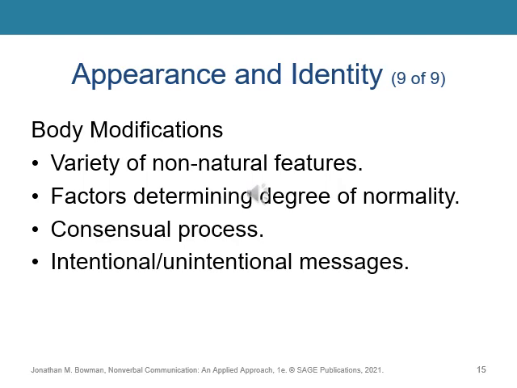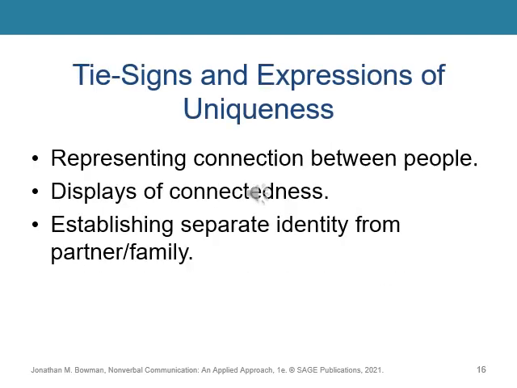The consensual process takes place when individuals want to enhance the look of their bodies or want to reclaim power over their bodies. In turn, people may send intentional and unintentional messages about themselves, groups they belong to, or the region of their origination, when their body modification is visible to others. Tie signs are visual representations of connections between two people and are often seen in close friendships or romantic relationships. Families may also have displays of connectedness that are easily apparent to those outside the family system, such as wearing